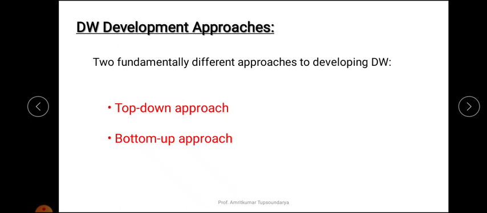By local ownership, I mean the ownership at the department level or the function level, rather than the organizational or institutional level. So that's what we have about the top-down approach and the bottom-up approach of data warehousing development.